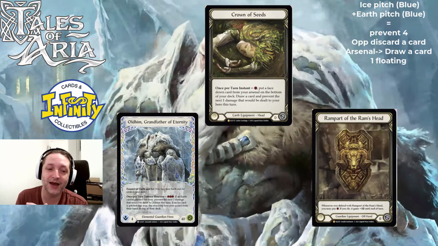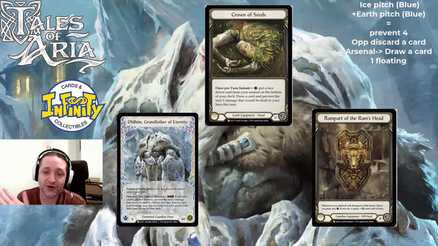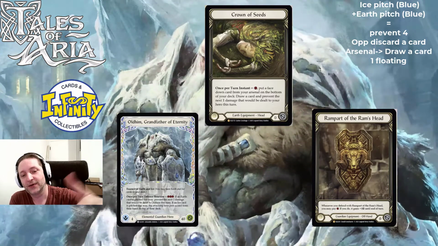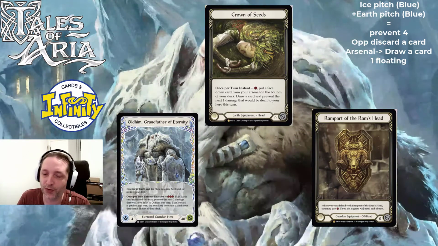I'm talking like if you play both ice and earth. This becomes amazing. But even if you don't, you can just pitch one and do something. But if you have both, so you pitch, let's say, the earth. You activate Crowd, you block 1 damage. Rampart, you block 1 damage. And then you pitch a blue for